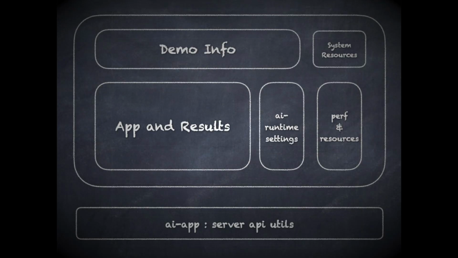The demo UI architecture is also built using a modular approach. Common sections include application description, system resources, and performance results. The demo framework is designed for the ease of adding new applications. The UI can automatically detect which applications are available and enable only those that are runnable. For example, as a new runtime is added, such as Onyx runtime, it becomes available in the AI runtime settings